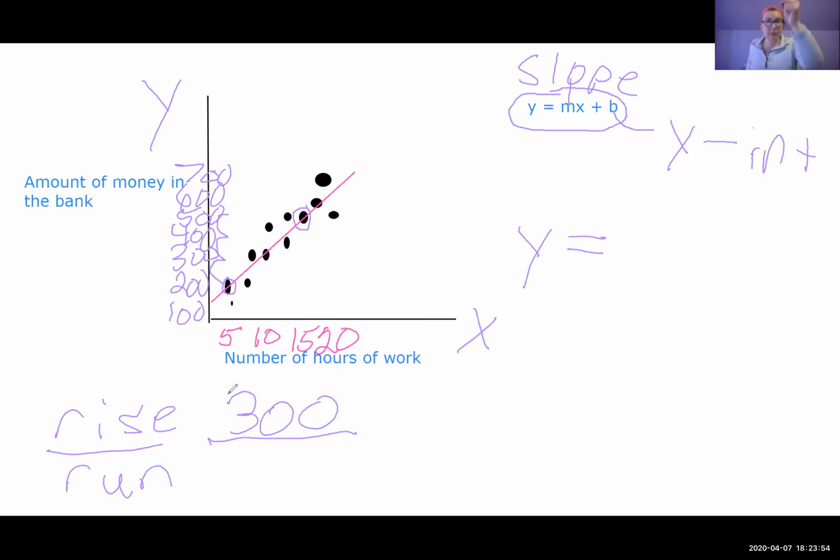So now that I've risen $300, now I want to run to see how many that is for my constant rate now. So it's going to be 5, 10. So let me do that one more time because I messed up. Sorry, it happens. So I want to look at my points again and see that it goes by increments of